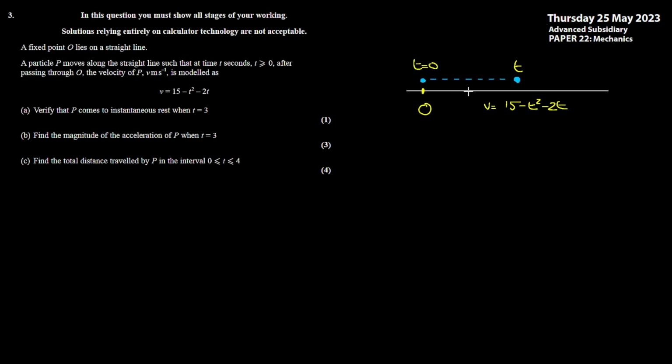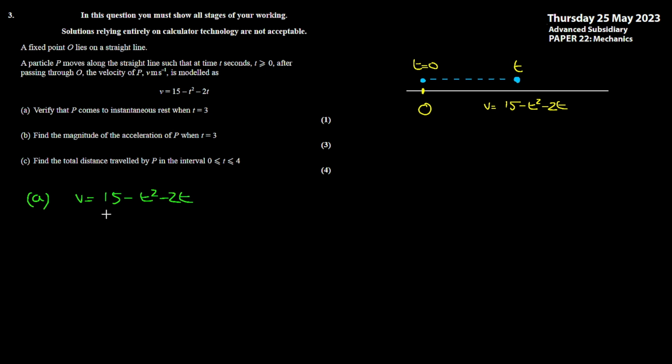So question 3, I've got a diagram of the system here. We've got a particle which passes the point O at time t equals 0 and travels according to this velocity equation in time t. In part A, we've been asked to show that P comes to rest when t equals